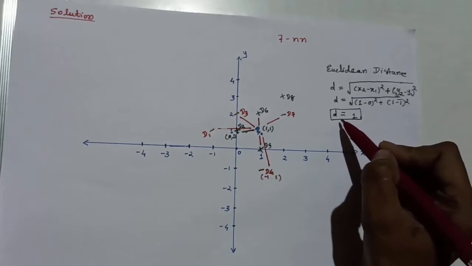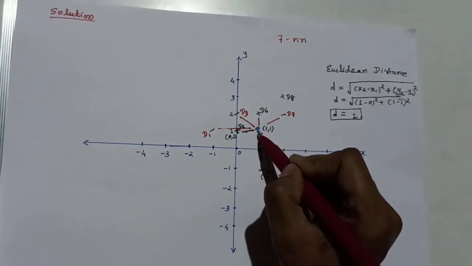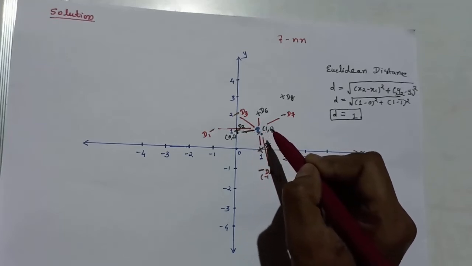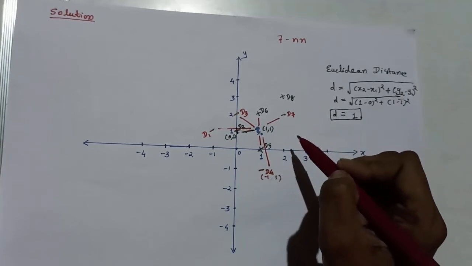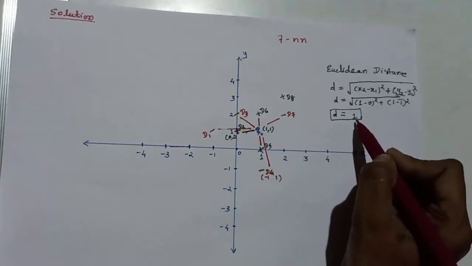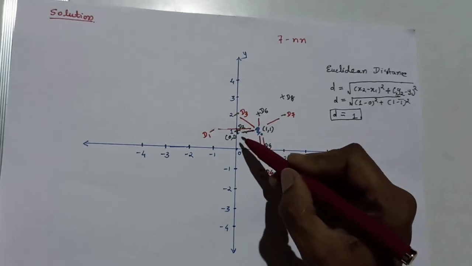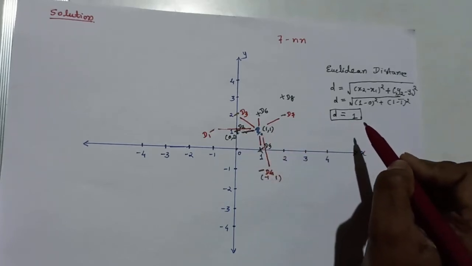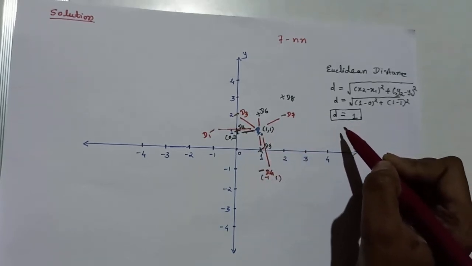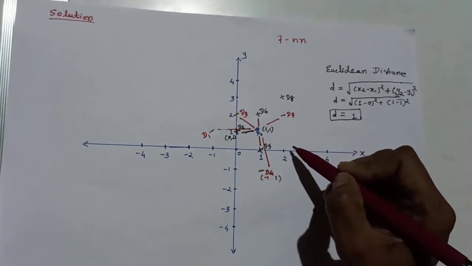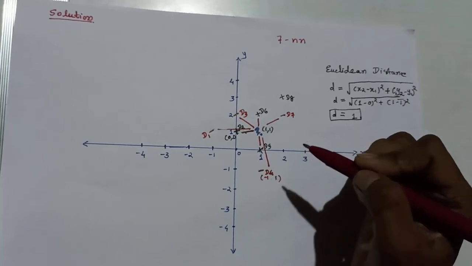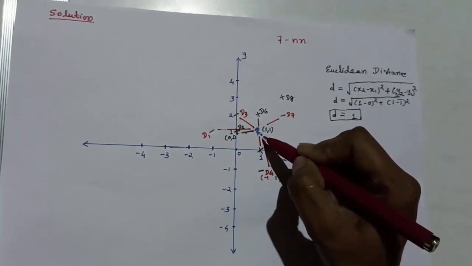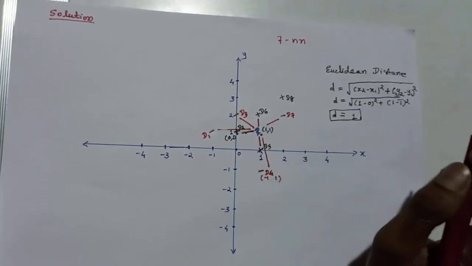Out of these 7, because we are using 7NN, I have calculated the Euclidean distance between this test data point and D2. So you have to calculate all the Euclidean distances of these data points and find the nearest ones. If the distance between the test data point and a particular data point is minimum, then we can say it is the nearest neighbor. Out of all the data points, you choose the ones nearest to the test data point.